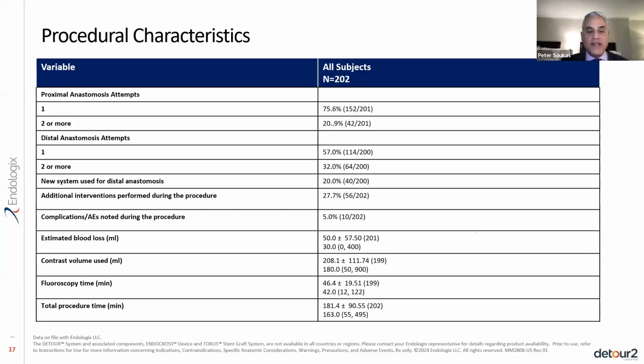I will mention that the average fluoro time was about 46 minutes, and the total procedure time was about 3 hours. Now, you have to remember, we were all in the study as part of our learning curve. And I just did a case last week where literally skin to skin was about an hour and a half. So once you get the steps down, you can move really quite quickly, especially with the crack Endologix